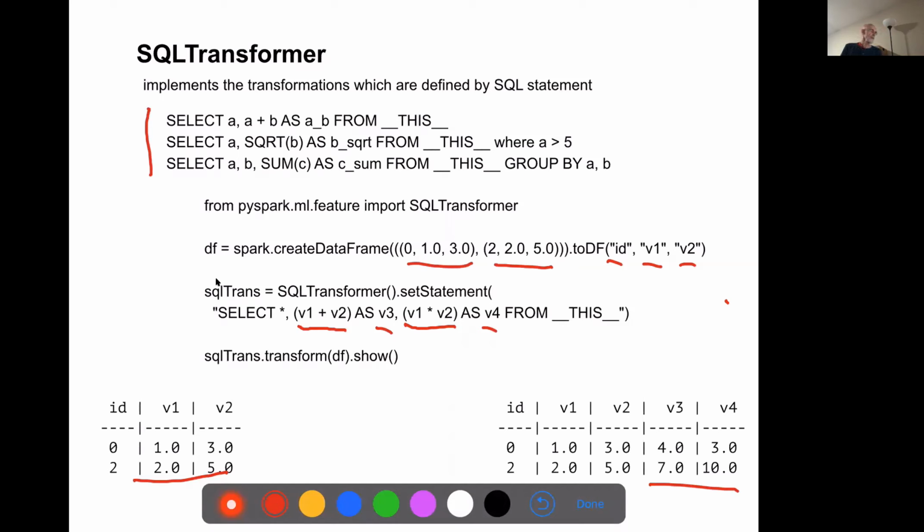But the thing to note here is it looks almost like SQL, but suppose our select, but then we have this from underscore underscore this underscore underscore. So it's not quite SQL as you might do it in Postgres or Oracle, but it's close.